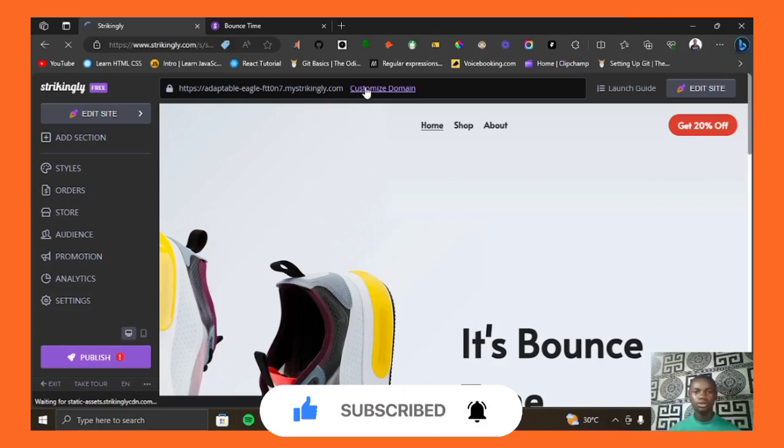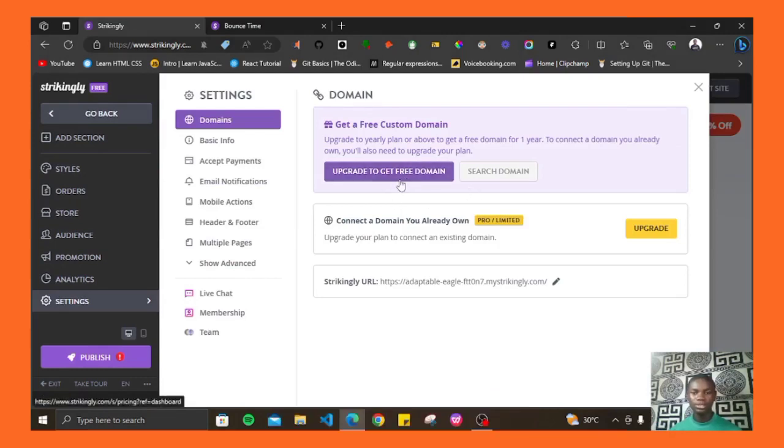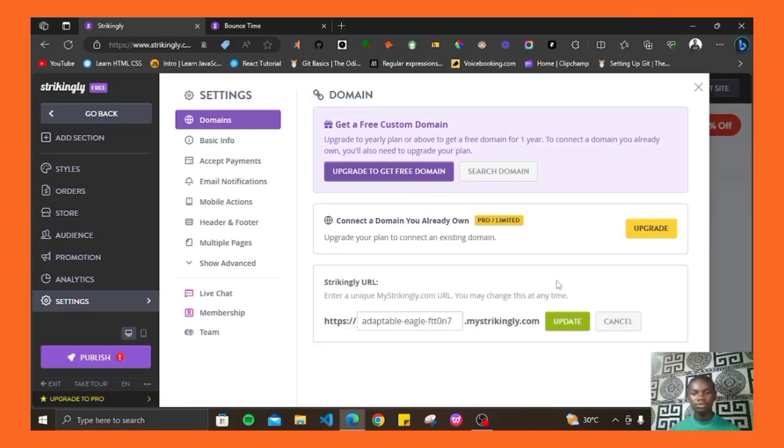So you can just click on customize domain, and then here if you want to get a free domain, you have to upgrade to their whole version, right? So just come ahead to make use of their free domain, which you can actually edit. I would advise that you make use of a name which is memorable and which is usually the name of your business, right? So what business name do you want to use for this website? So let's say I just want to make use of